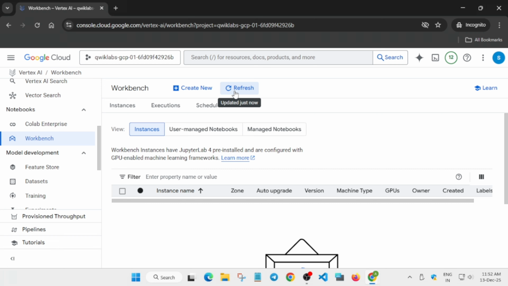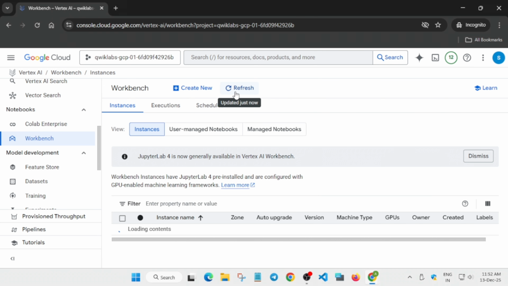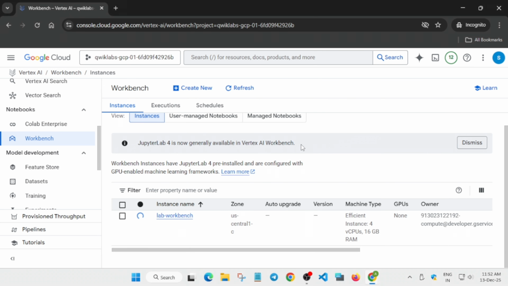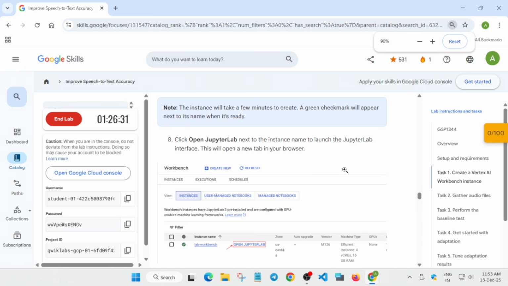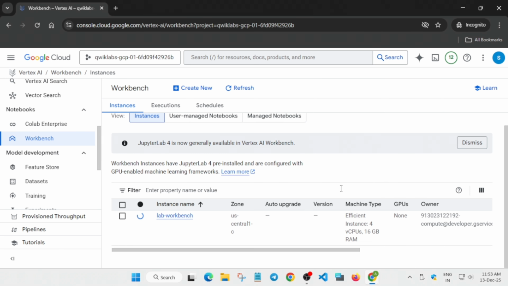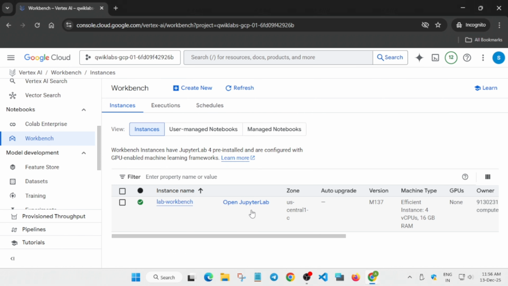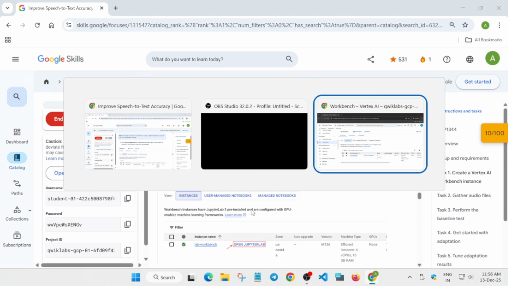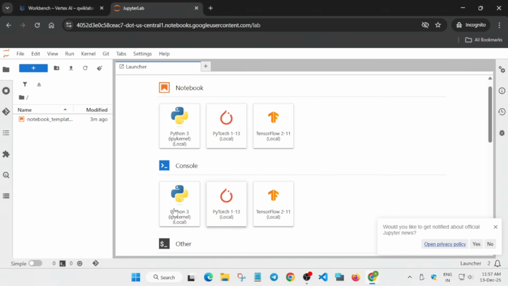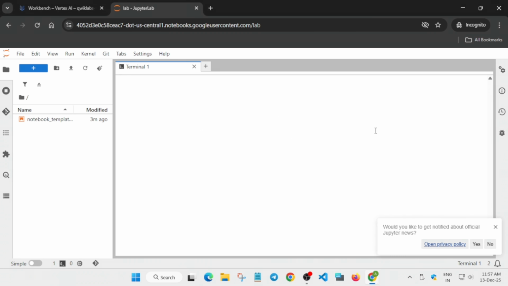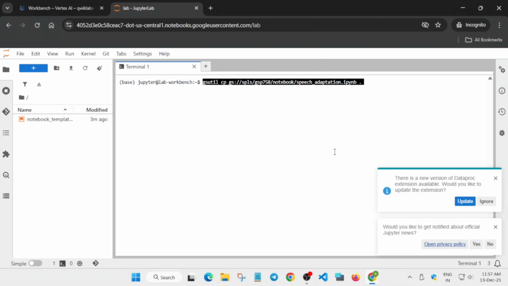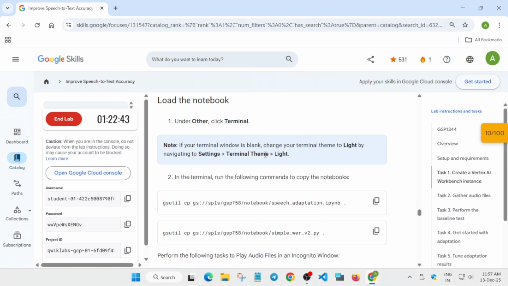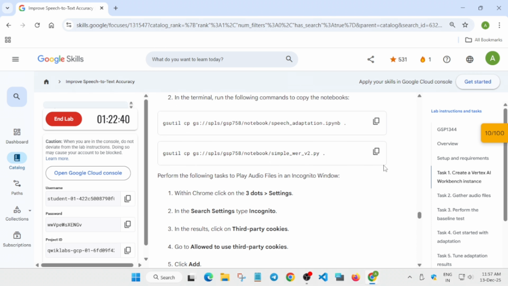This creation will take 3 to 4 minutes, so you need to wait for it to get completed. After that we'll be opening the Jupyter Notebook lab. So just wait. Here simply open the Jupyter lab and wait for it to get open, and then simply you have to open the terminal. Now come back again and paste this one by one and hit enter. Okay, if you are unable to see the terminal, just enable these settings,